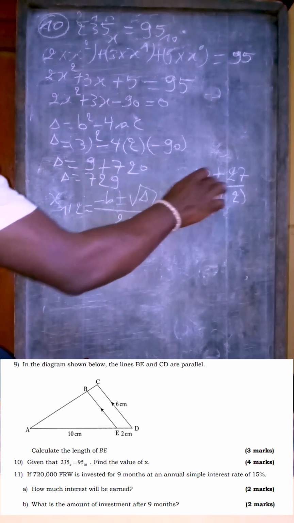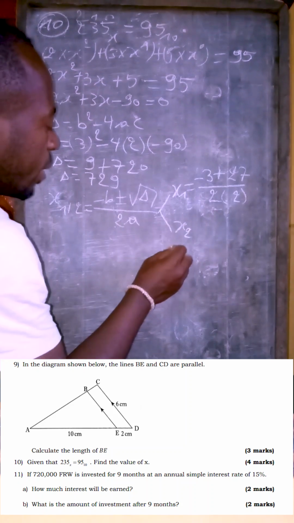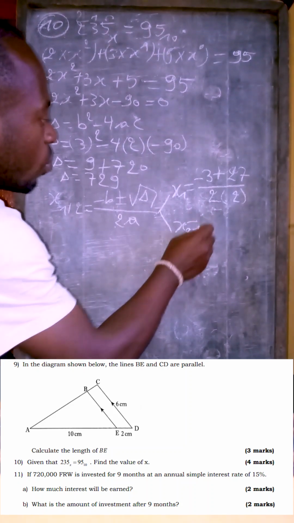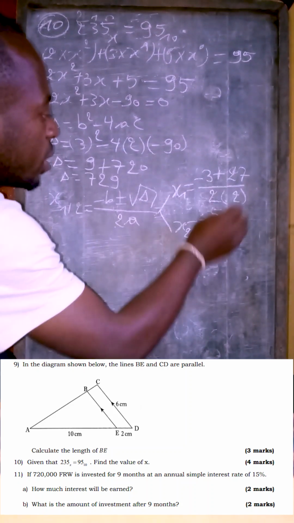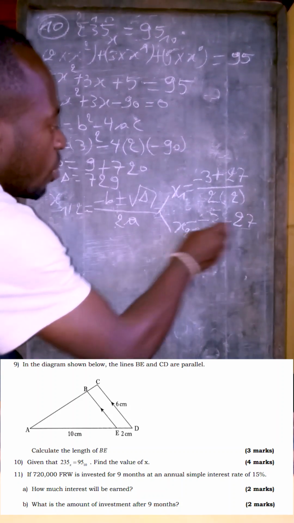So here there is a plus only, because here we are going to find also the x number 2, which is equal to minus 3, then change here the minus sign, minus 27 over